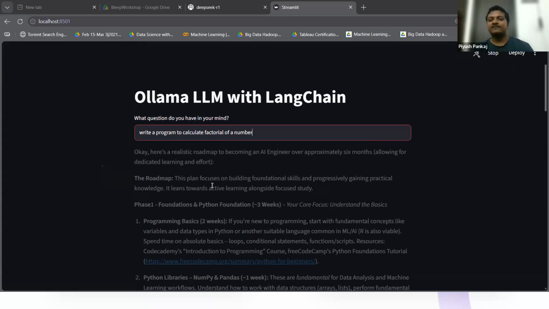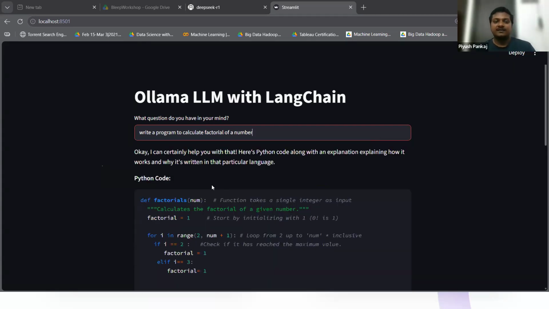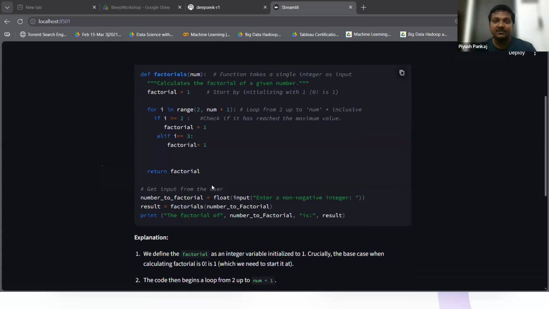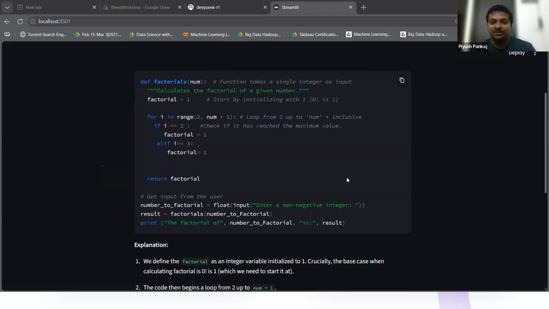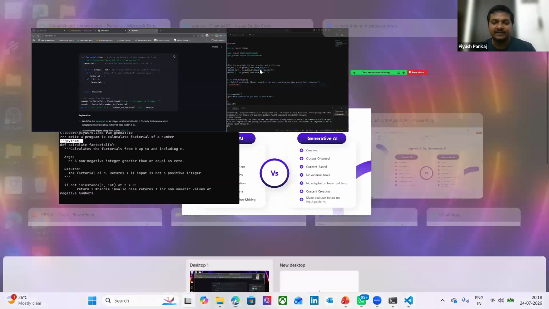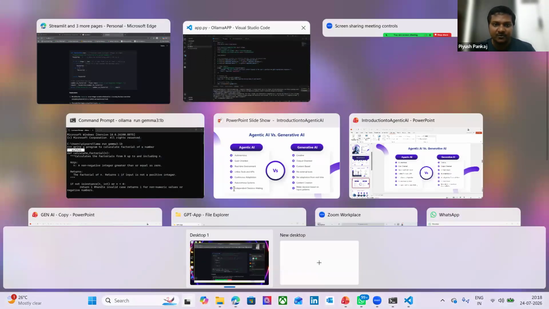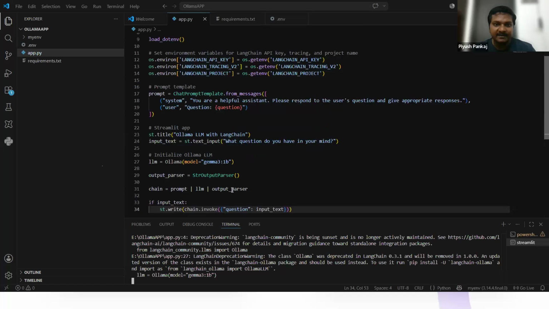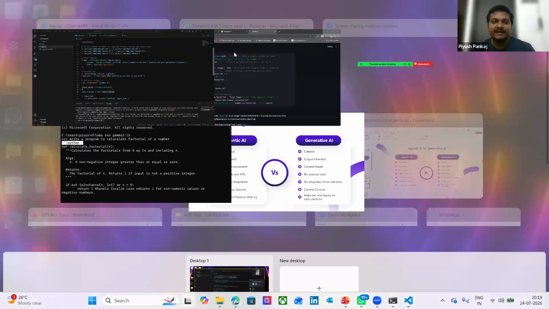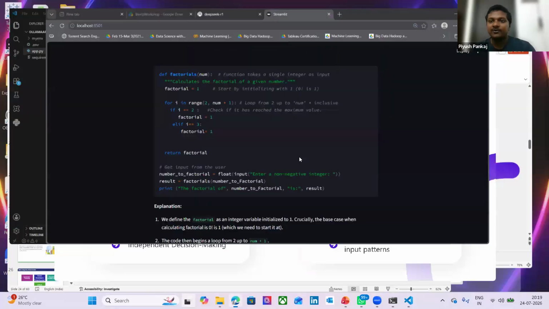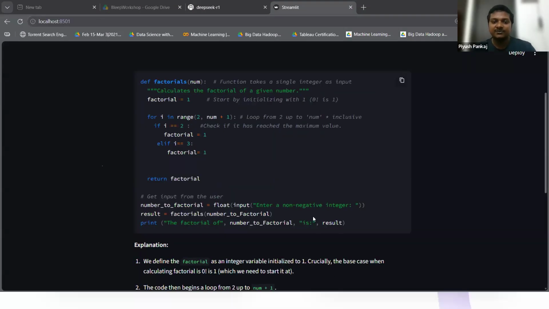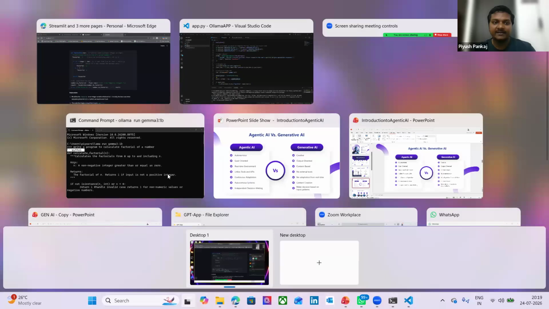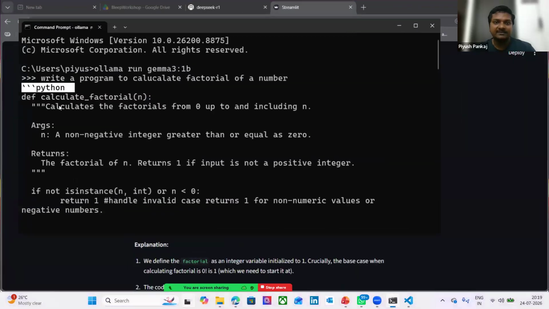And I will be getting the factorial of a number generated. Here you go. Can you see the clean code? Because of this particular thing that we have used, the string output parser, where it is here, output parser, we are getting the output in a proper way. If I remove this, it's going to get converted into the way that we got in the command prompt here, cmd.